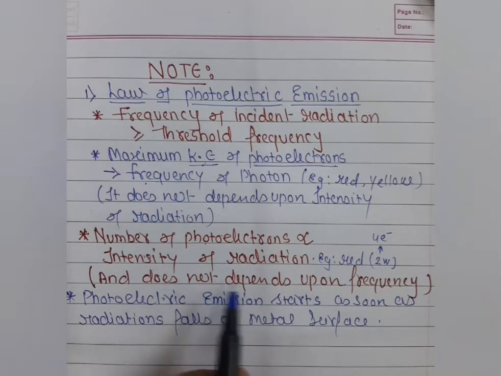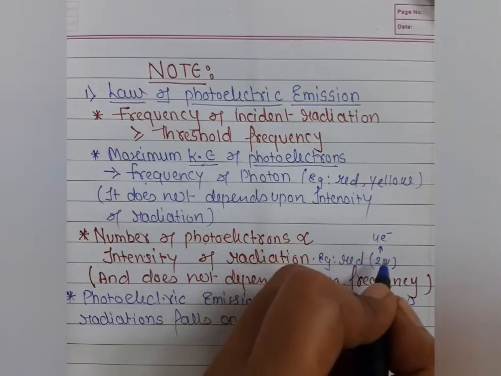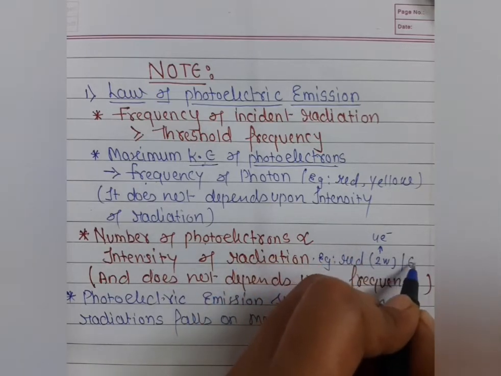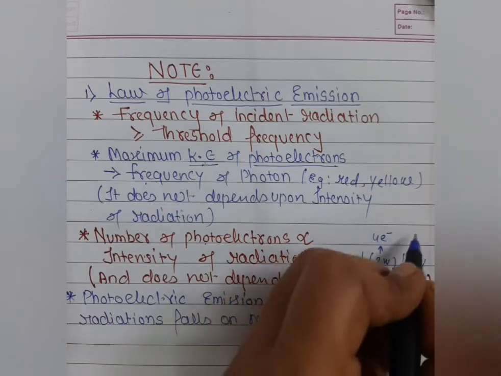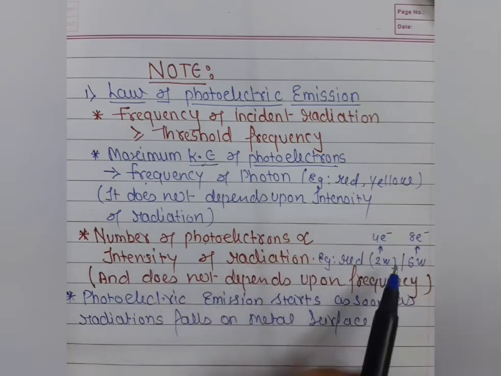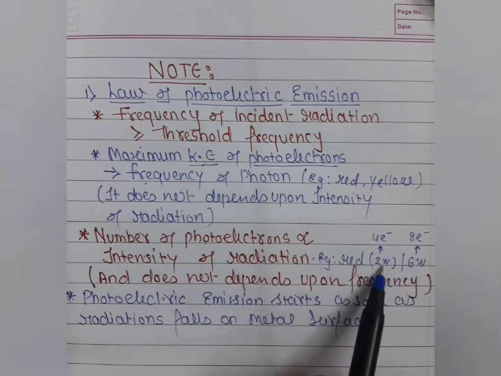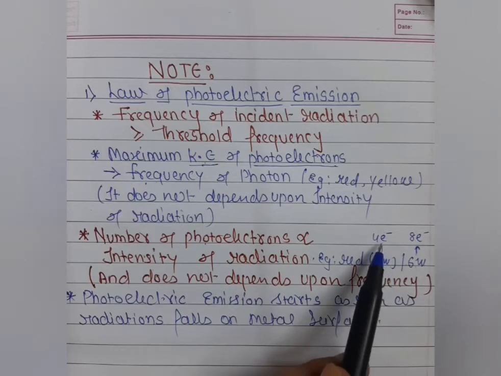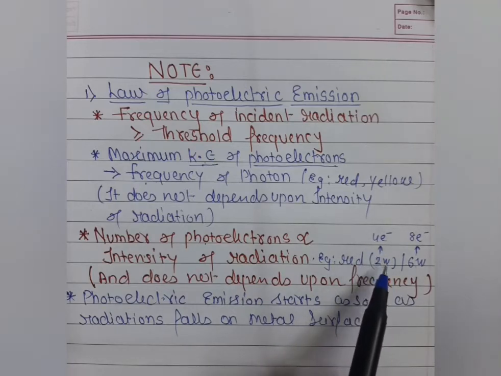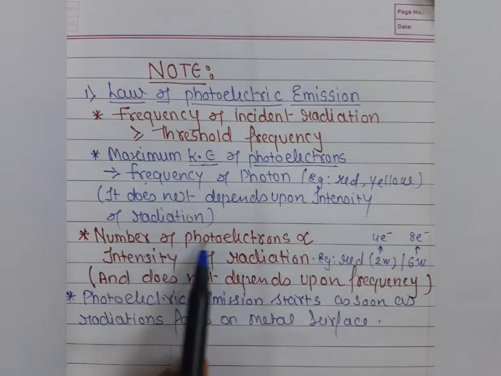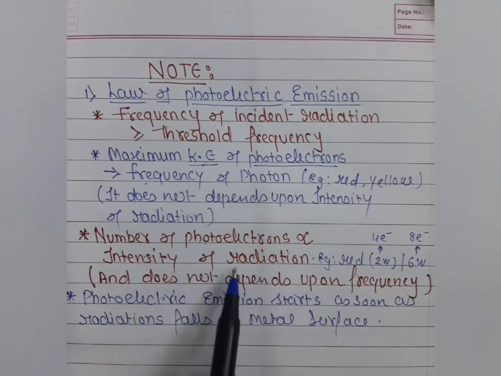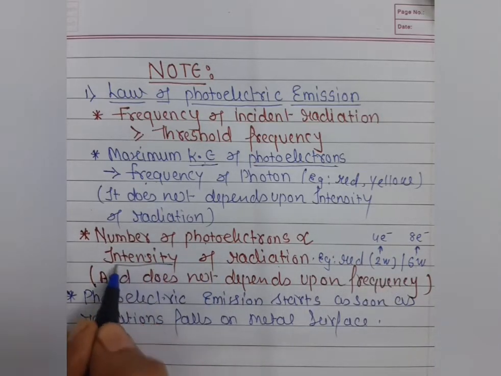After that, if I increase the power, if I am taking the power 6 watt, so 6 watts having maximum power. So the maximum power ejects the electrons. The power of light decides how many electrons are removed from the surface of matter. So here the number of photoelectrons is directly proportional to the intensity of radiation. Hope you clear, students. So the number of electrons depends upon the intensity of radiation.